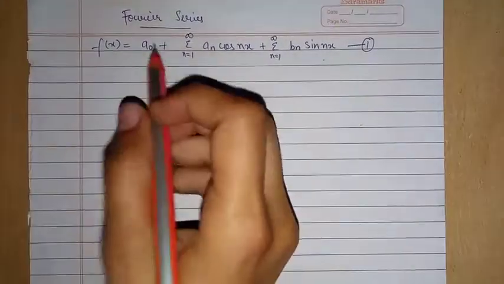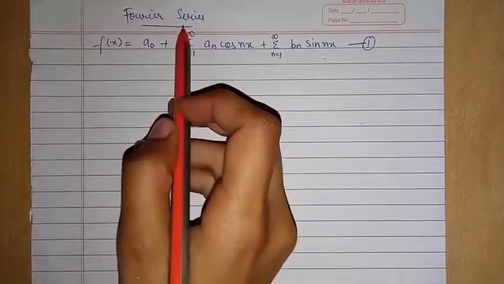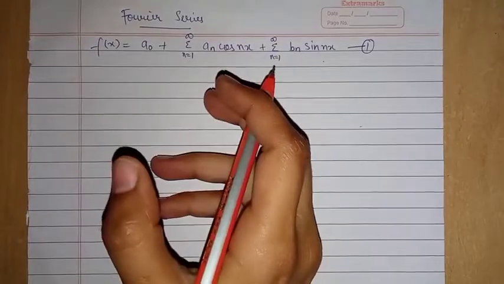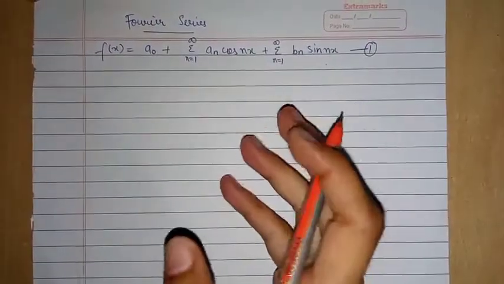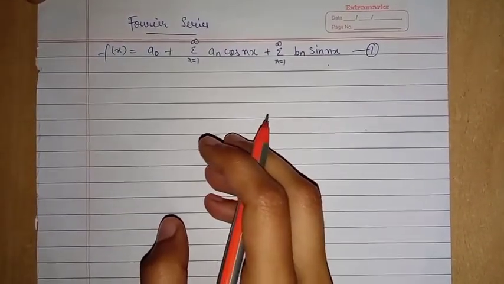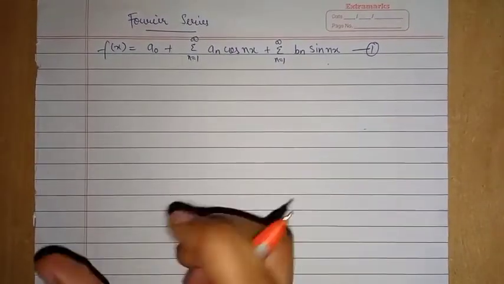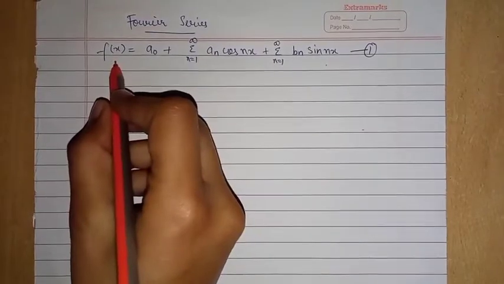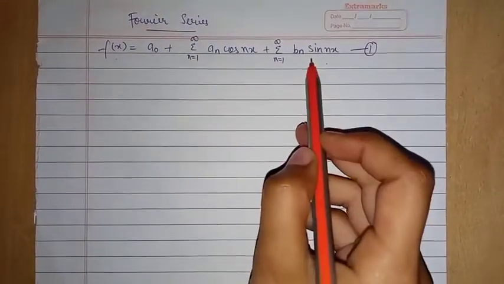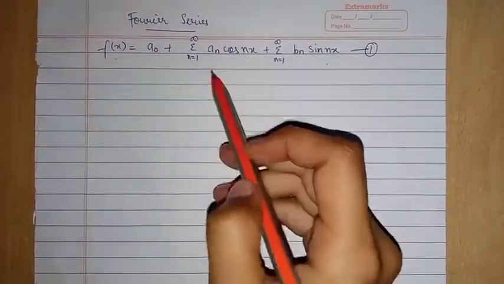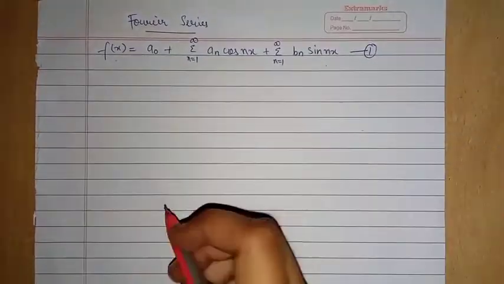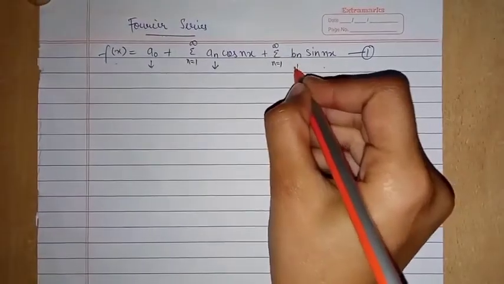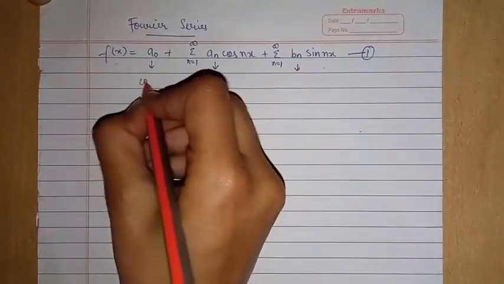In this video, we will cover the topic Fourier series. In 1822, J.B. Fourier gave a theorem according to which any complex periodic function can be analyzed. According to his theorem, any complex periodic continuous function f(x) may be expressed as a series of sines and cosines in the form given by equation 1, where a0, an and bn are the coefficients